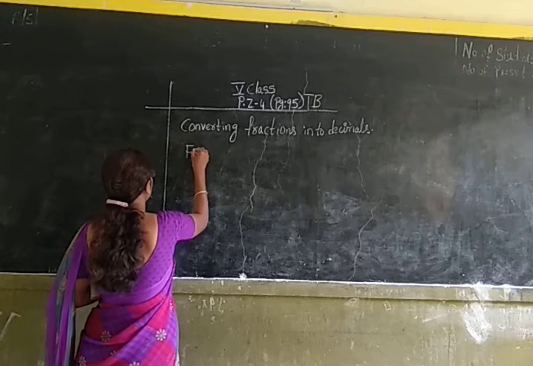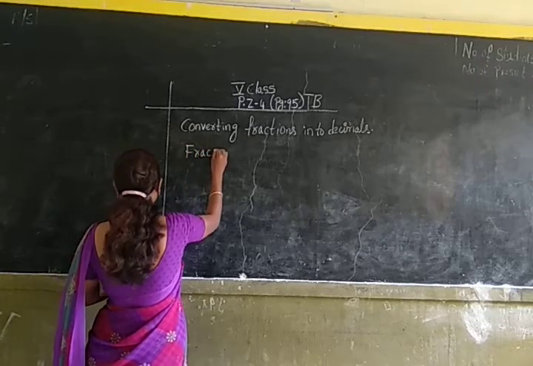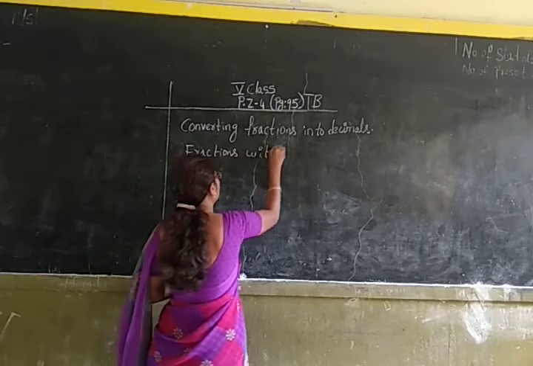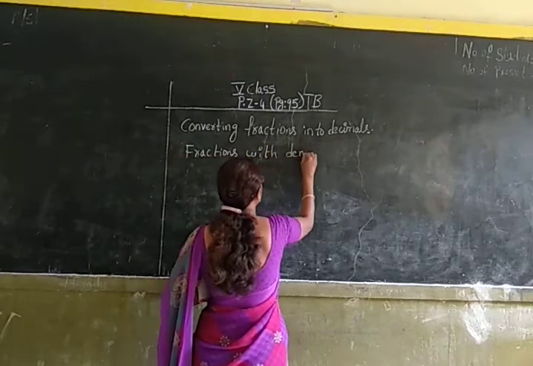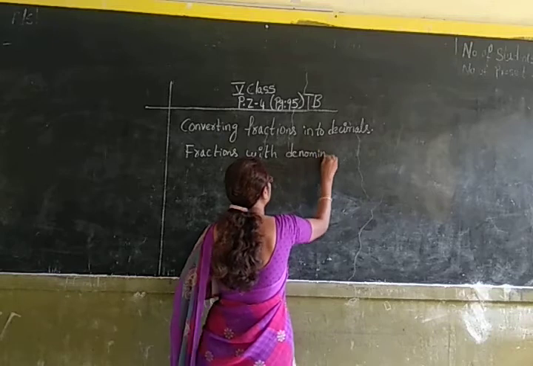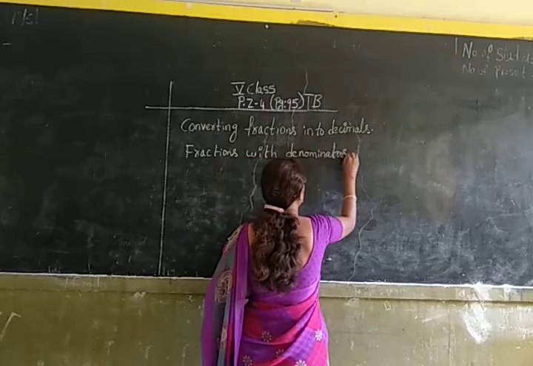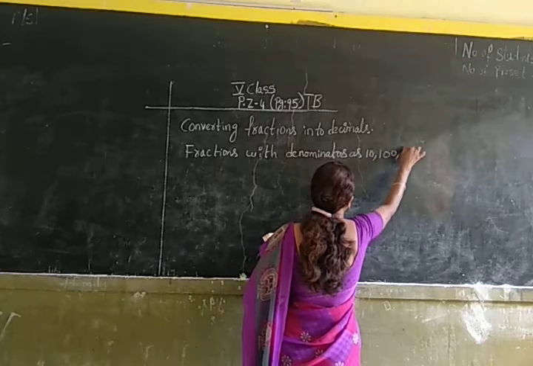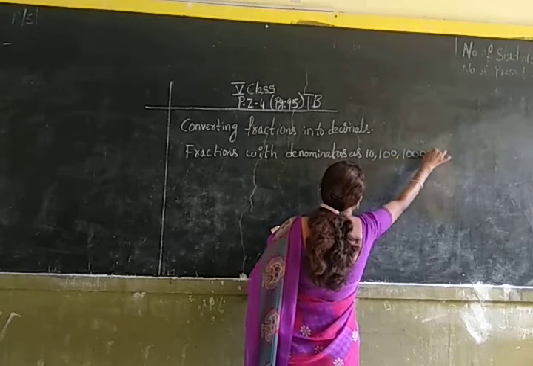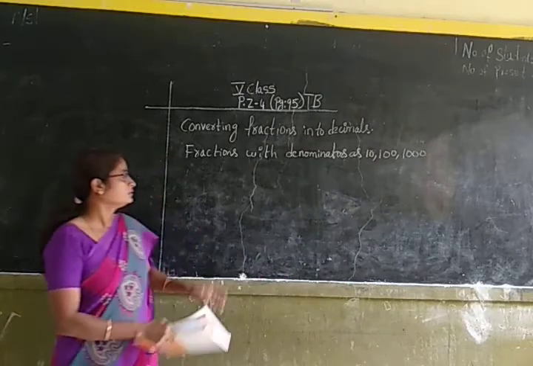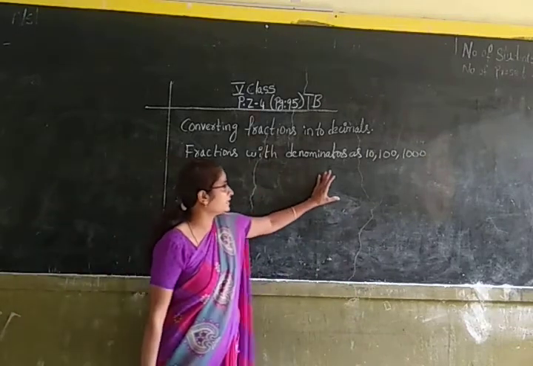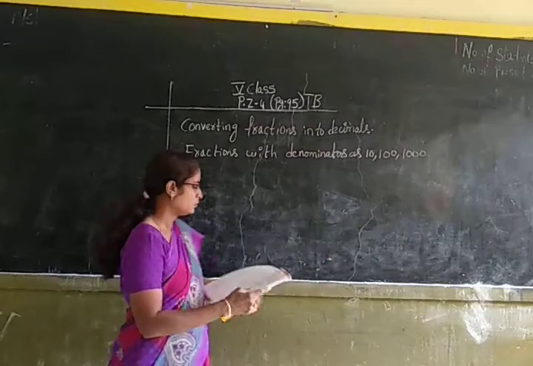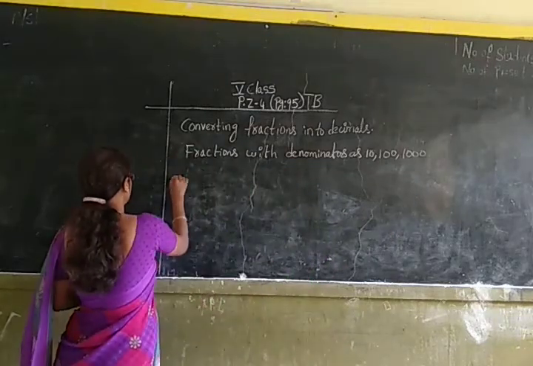First, let us learn how to convert fractions with denominators as 10, 100 and 1000. Let us learn to convert the fractions with denominator as 10, 100 and 1000 into decimals. Okay, children. For example, let us take